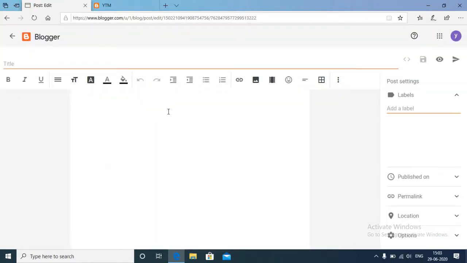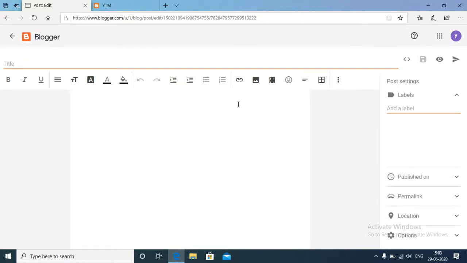This is to insert or edit a link, which means you can post a link in your blog. This is to insert an image in your blog. And this is to insert a video in your blog. And these are special characters. These are all for the posts you want to post in your newly created blog.